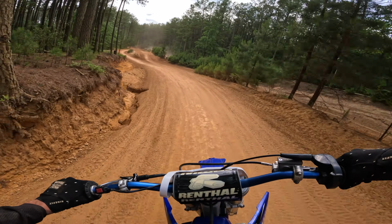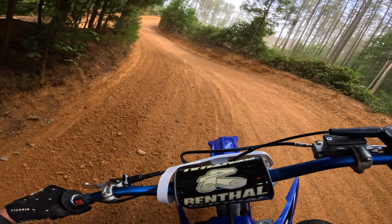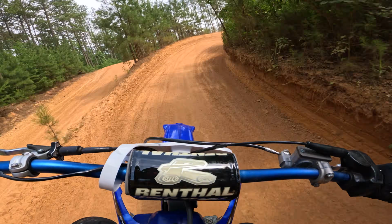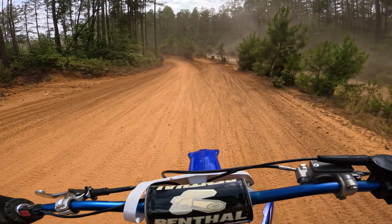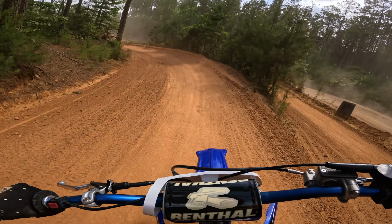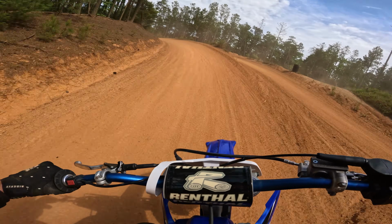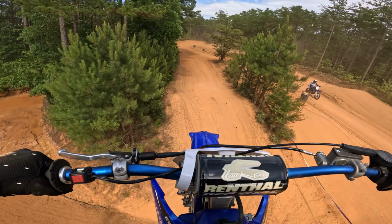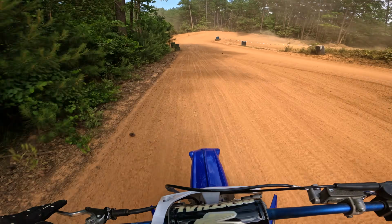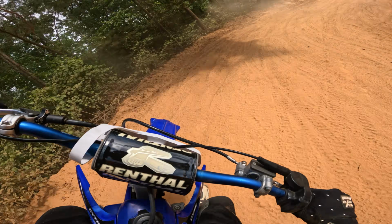The one thing I always worry about when riding other people's bikes is messing it up. Especially on carbureted bikes like this two-stroke, I never want to be riding a bike that's not jetted perfectly and blow it up because it's too lean or something. It seems like it's okay. I'm just not used to a YZ125, so I don't know how it sounds. Y'all got to tell me if you have a YZ125. Does this sound good or does it sound...